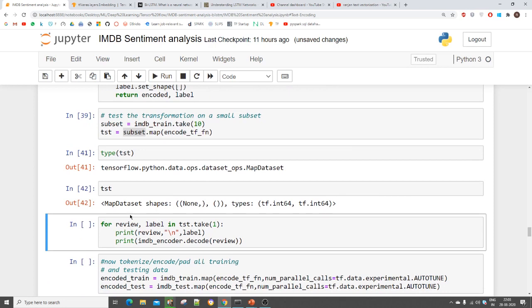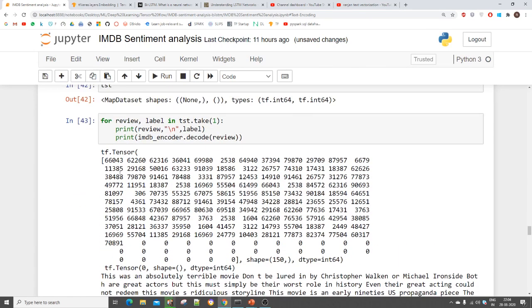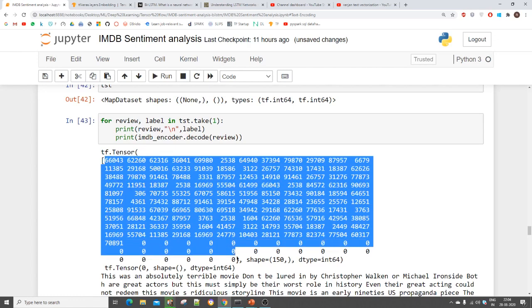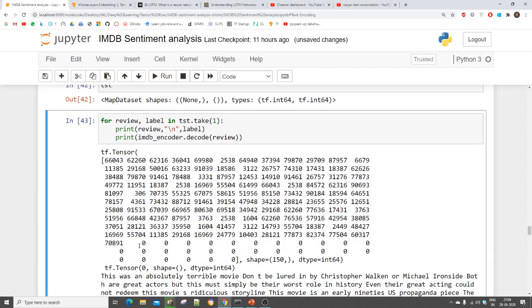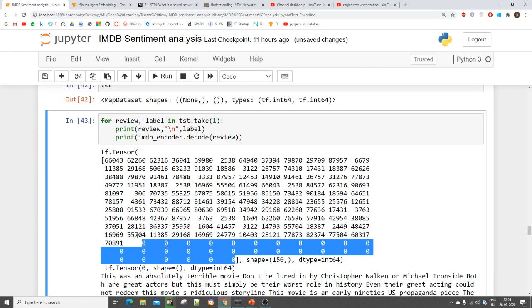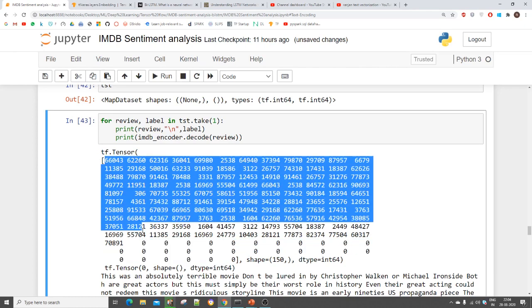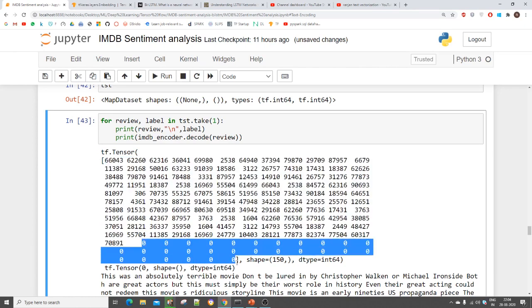So because it has two values, review or label. Earlier I was using example, but I can use anything because it's a variable's name. If I look at it, it has created a padding here. I have taken the 150 length only. If you calculate, it would be 150. This would be 144 till here, and it's six values, so it would be only 150. And this is the padding. It has added the zero at the last, and this is my encoding values, and this is my padding. So it would look like this.